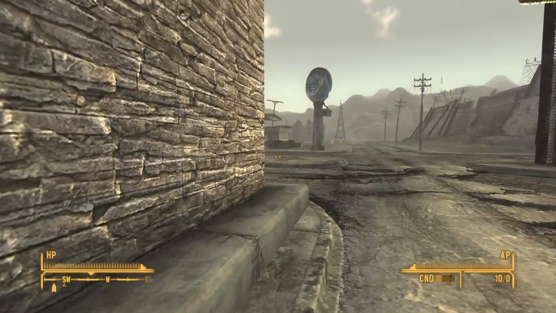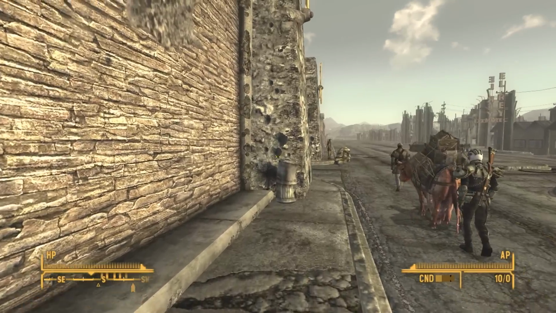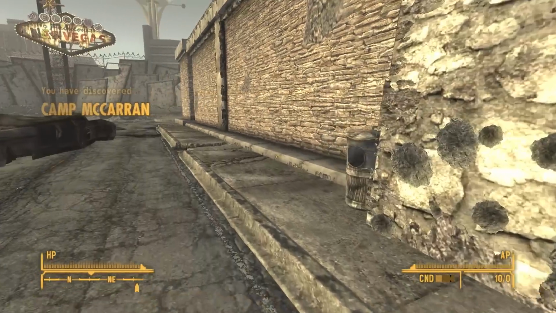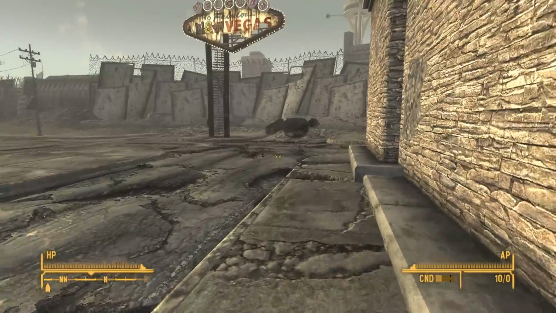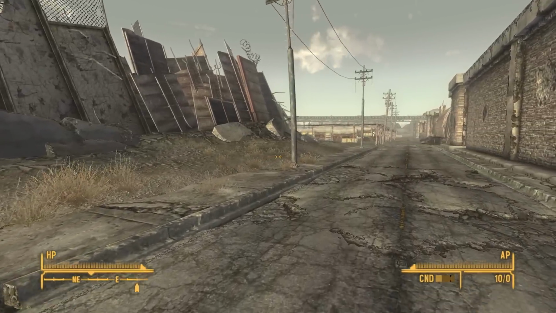And I have officially made it to the front. And I think this is just a trader for Camp McCarran. I don't even think you can sell with this guy yet. Caravan. Yeah, you can't. So we found Camp McCarran. Now what I'm going to do is...